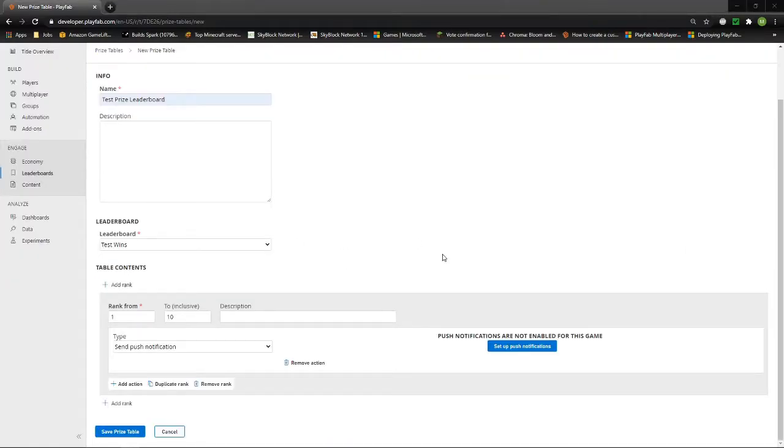Obviously, as well, depending on the platform of the game, you probably want to do multiple things anyway. So sending push notifications for a mobile game whenever a leaderboard resets is probably a must. You'd probably want to do this as well as give the item, give the bundle, all that sort of stuff. As well, if you were going to go down this route of having things given to the player whenever leaderboards reset,